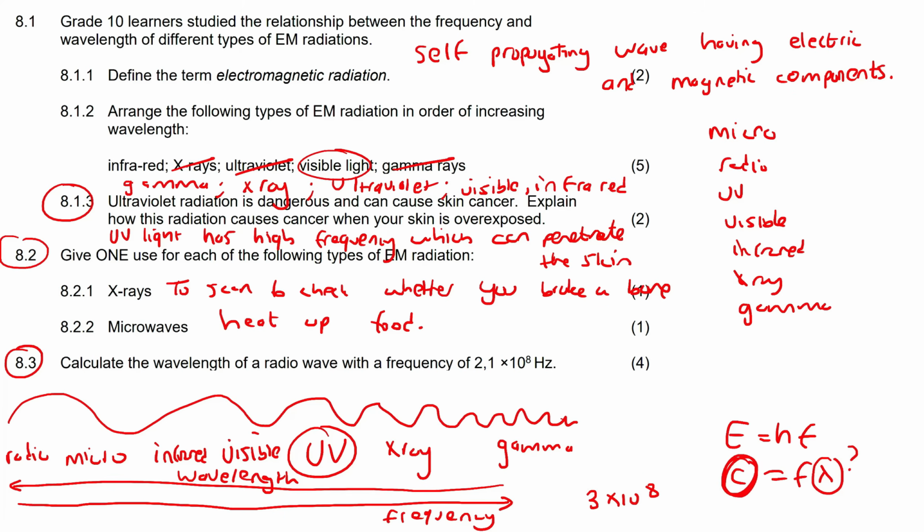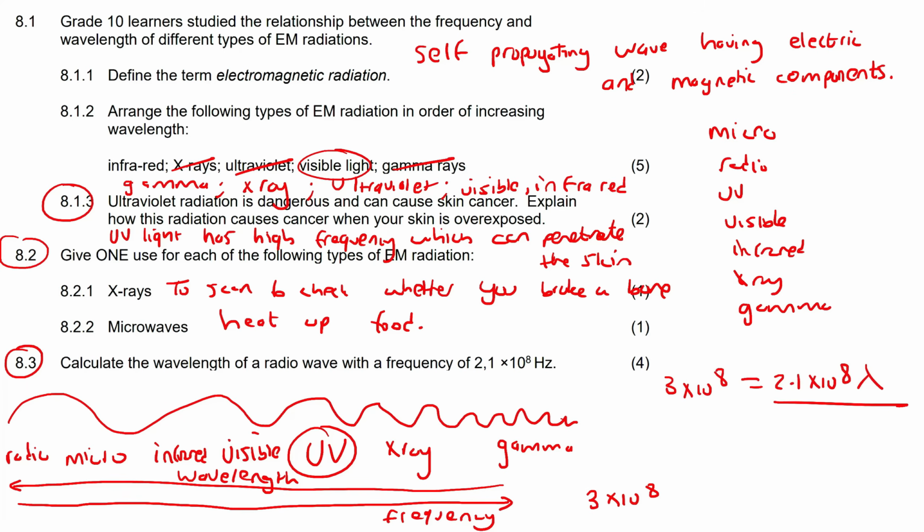And then they gave us that. And so, yeah, we don't need that formula at all. So we can just say 3 times 10 to the 8 equals the frequency, which is 2.1 times 10 to the 8, and then wavelength. Now, to get wavelength alone, you would have to divide by 2.1 times 10 to the 8 and divide by 2.1 times 10 to the 8, because what you do to the one side, you do to the other side. And if you had to do this, you should end up with, if you round off, you should get